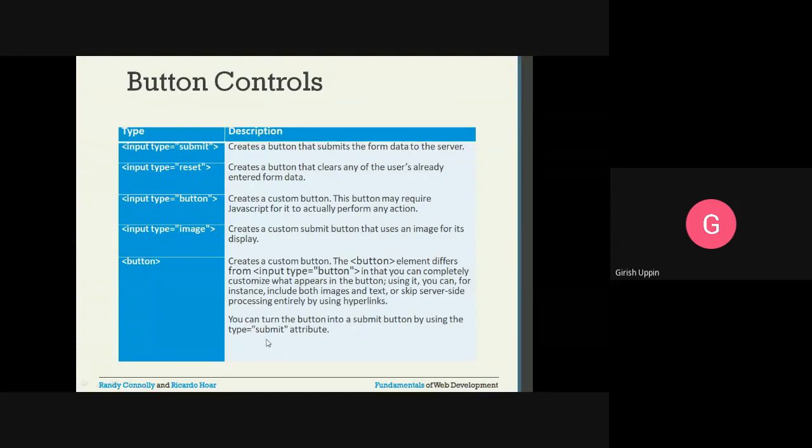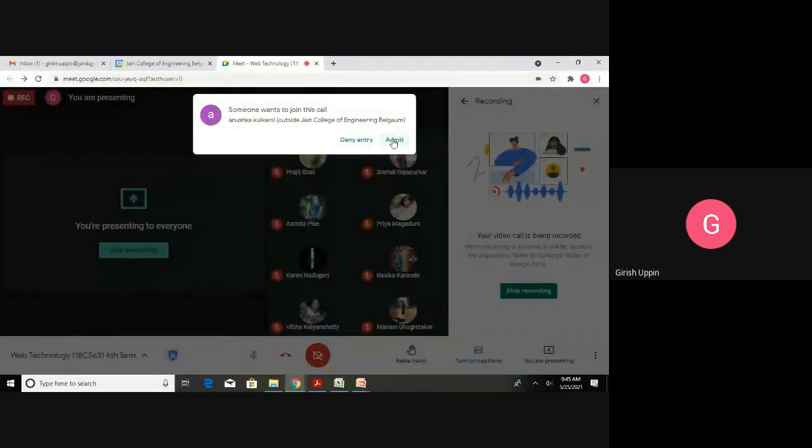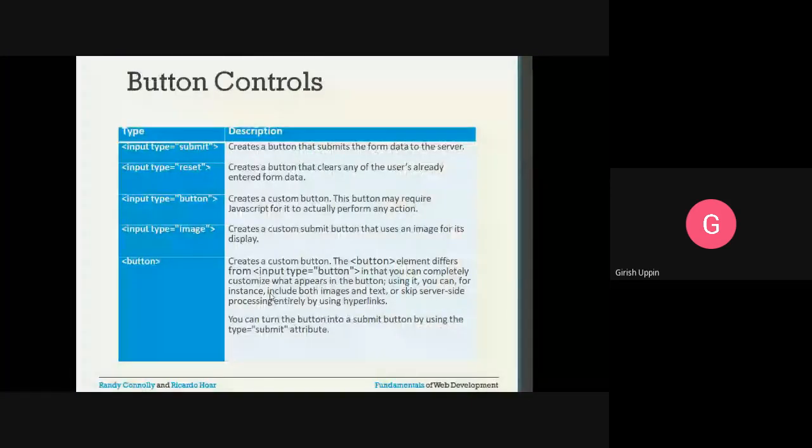So there are two ways of having a button. One is using the button tag, and the second one is using the input type is equal to button. Some of the functionality provided using type is equal to button against the button tag is a little bit different.